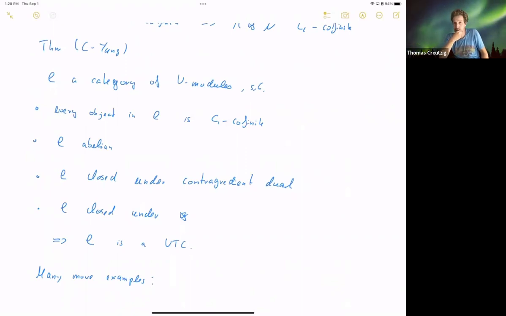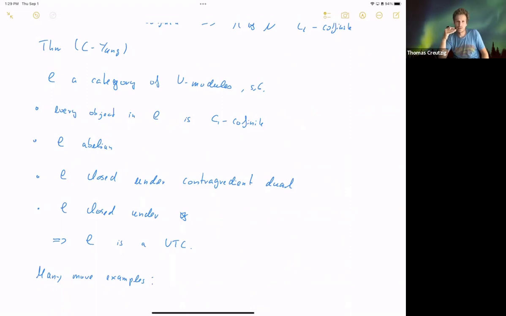The Virasoro example before is also an example from this, because it follows from the result that this category that I wrote down there is exactly the category of all C1 cofinite modules, and this category is generically semi-simple, so generically everything is fine, and it's always of finite length, and that's why this theorem holds. Okay, and now going back to the first example, we can think about it again.